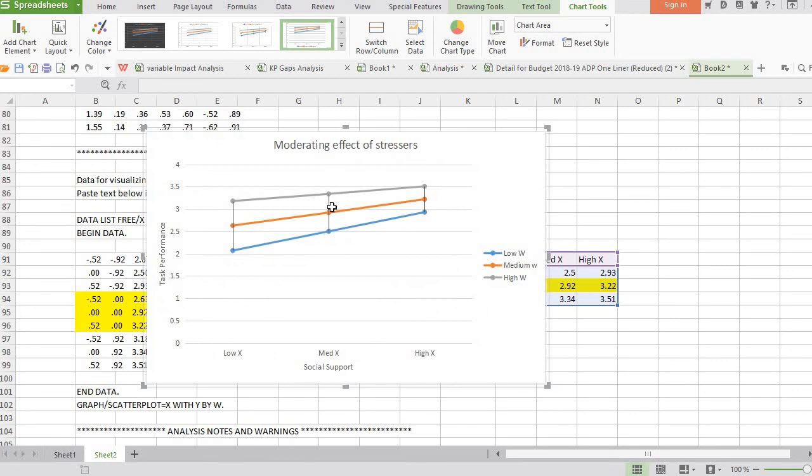Yes. So you see here, when you look at the lower level of W, you see slope is high. On the other hand, at the high level,